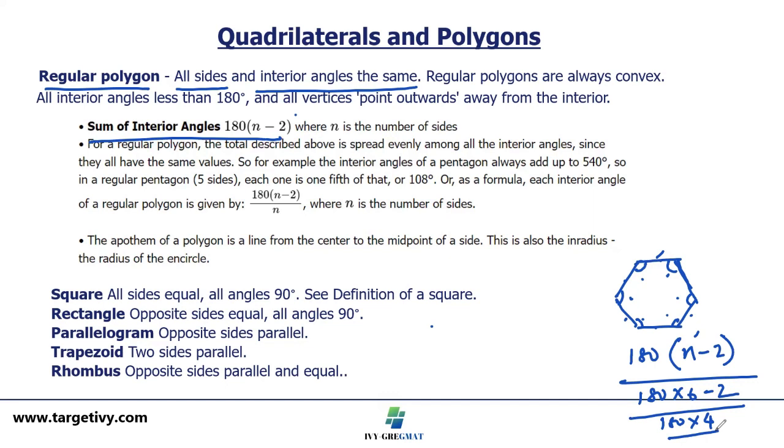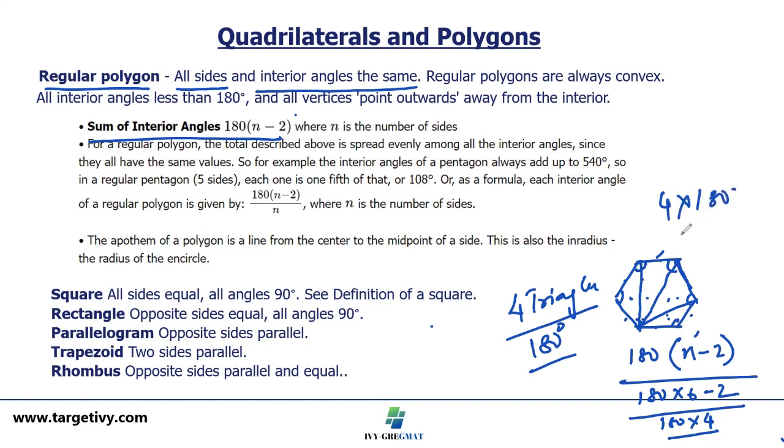The other way around, just think about it. Whenever I have a hexagon like this, if I take one of the vertices and start making triangles, there are 1, 2, 3, and 4 triangles. We know that the sum of interior angles of a triangle is 180 degrees. So there are four triangles, so 4 into 180. Any polygon you take, a square